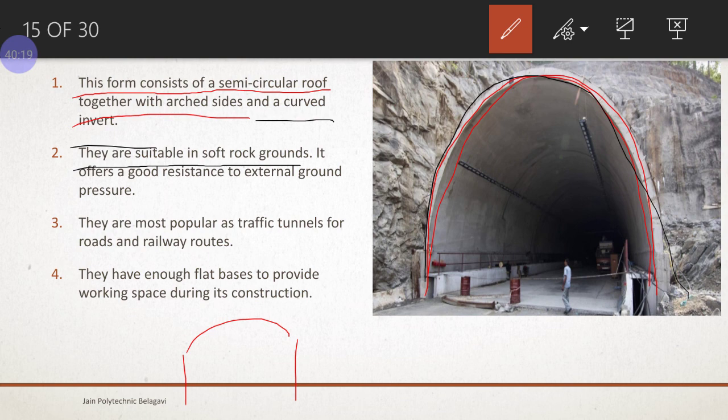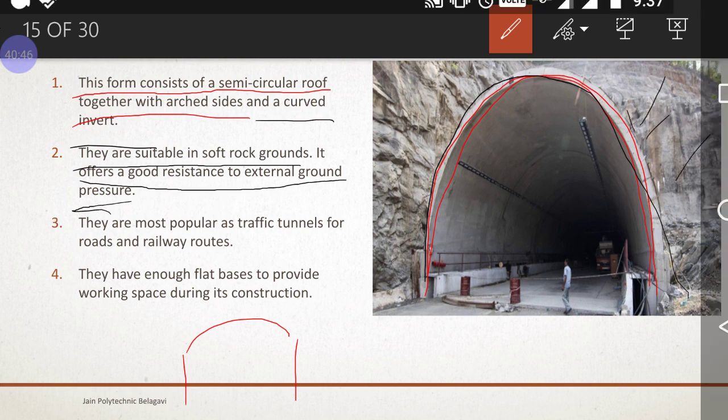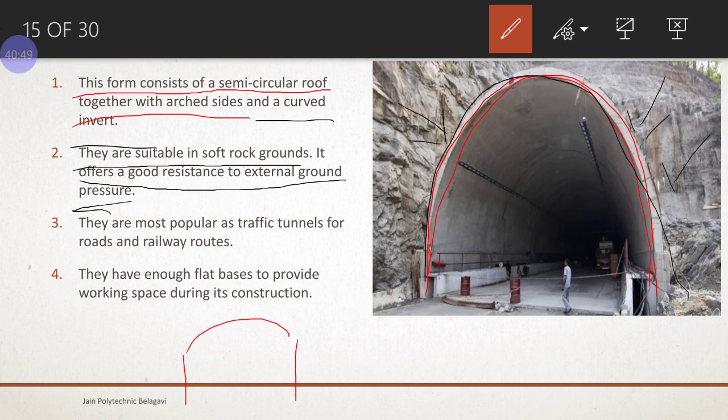So this becomes a very useful shape, because if you want to provide a road or a railway line in soft clays, we have to go for horseshoe shape sections only, because it is suitable for soft grounds only. It offers good resistance to external ground pressures. This surface is going to apply the pressure here, so that is called external pressure.